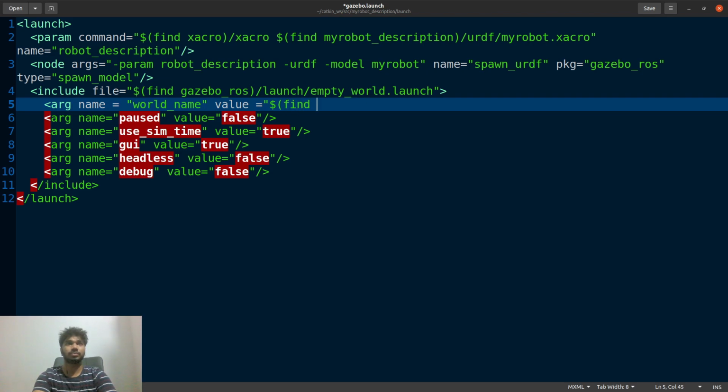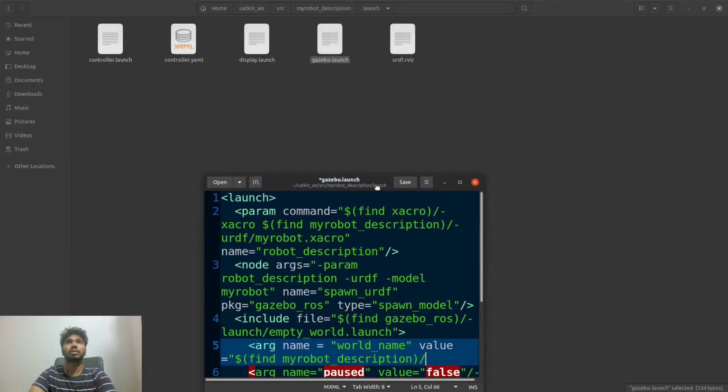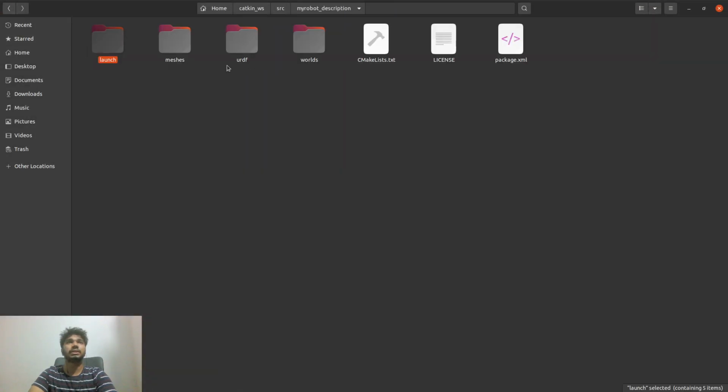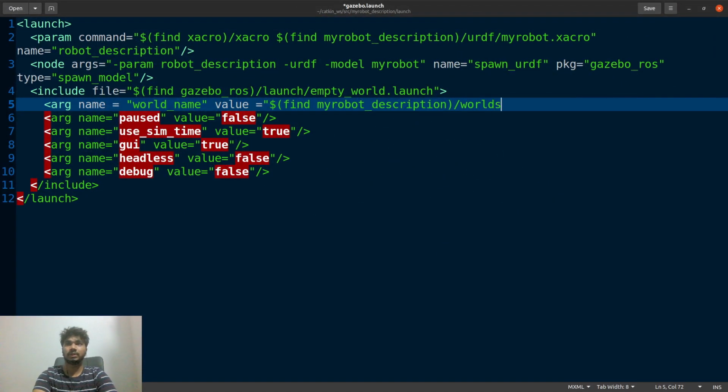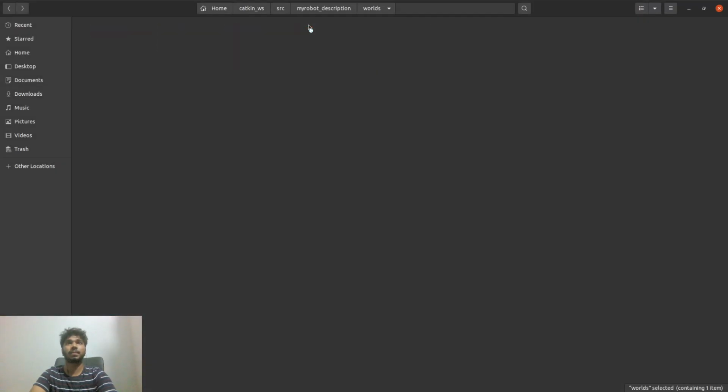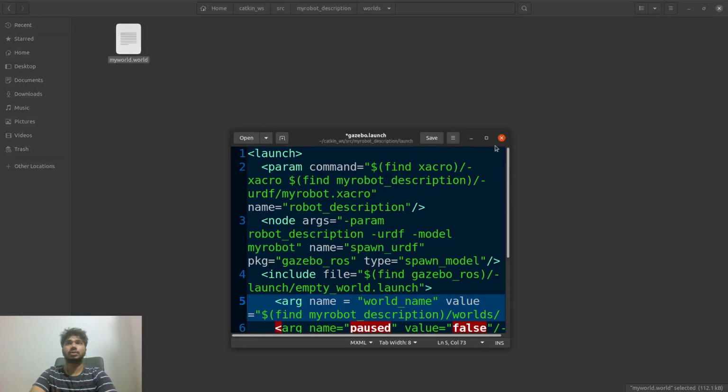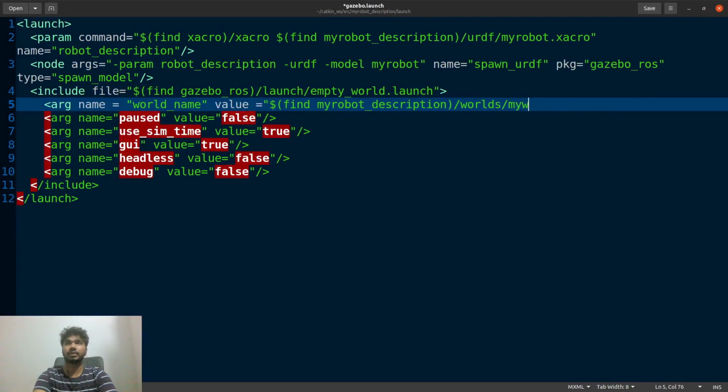So what we can do is find my robot_description, and we'll close that. We have the file in a folder called worlds, right? Yes, in worlds, and inside that the name of my file was myworld.world.